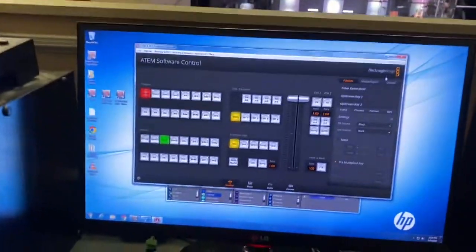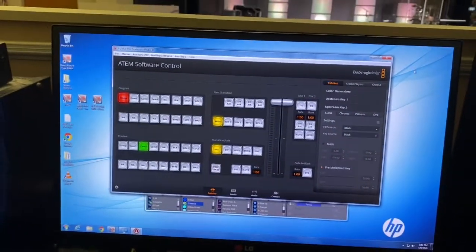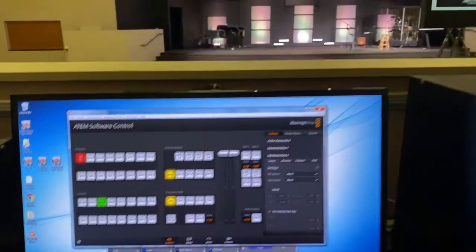We finally figured it out, and we're able to now run the ATEM switcher software on both the lighting computer and the iMac. And so this is how it's going to work, and this is how it looks right now. All right, so we've got the lighting computer running the ATEM software, and we have